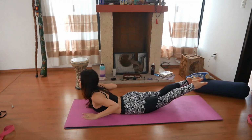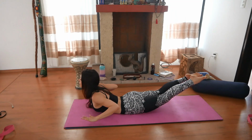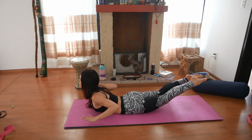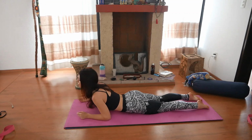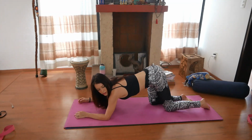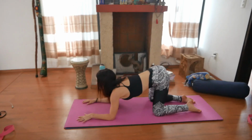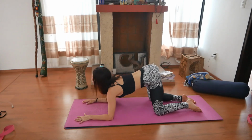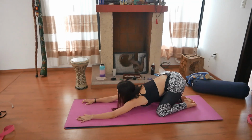You can even bring your hands on either side and hover them off the ground for more of a challenge, raising your legs up for more of a challenge, and lower down. Come onto your forearms, press your hips up and back. Very good. Come onto your knees and your forearms and begin taking these circles, drawing your hips back, your body